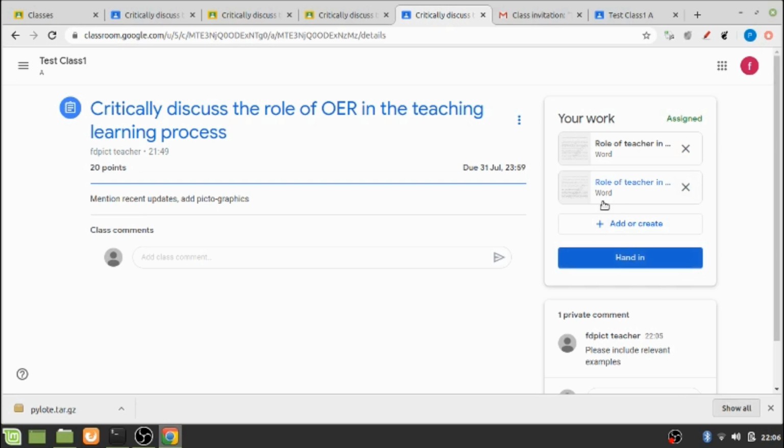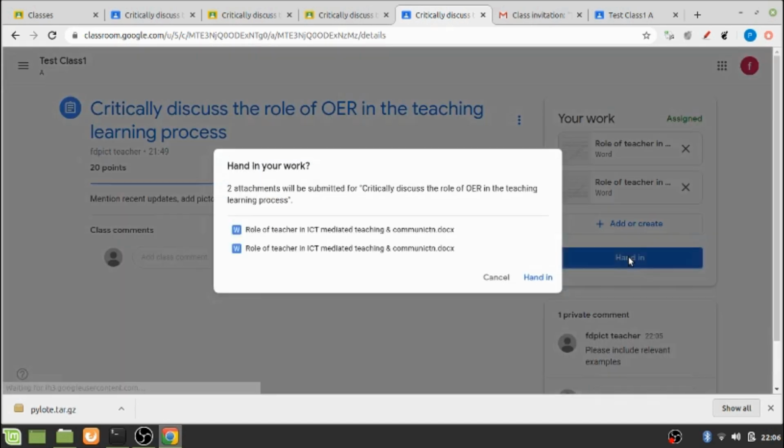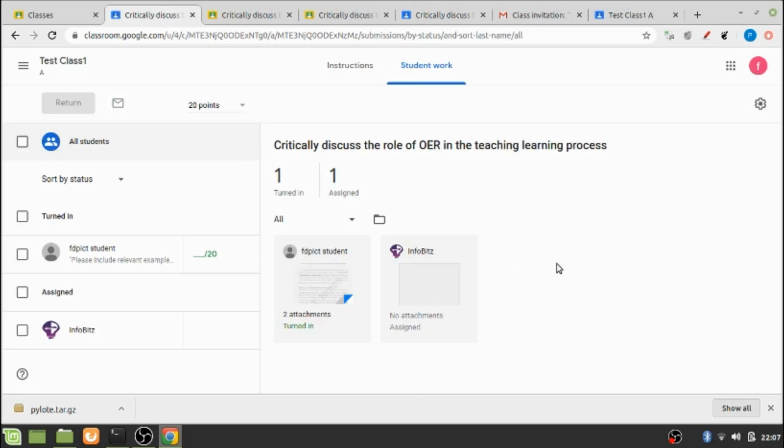So let's say this is the modified assignment that has been created by the student, and again he will hand in this assignment to his teacher. Here the teacher will again find one turned in, and in this case against that particular student it is showing 2 attachments because he has submitted his assignment again.